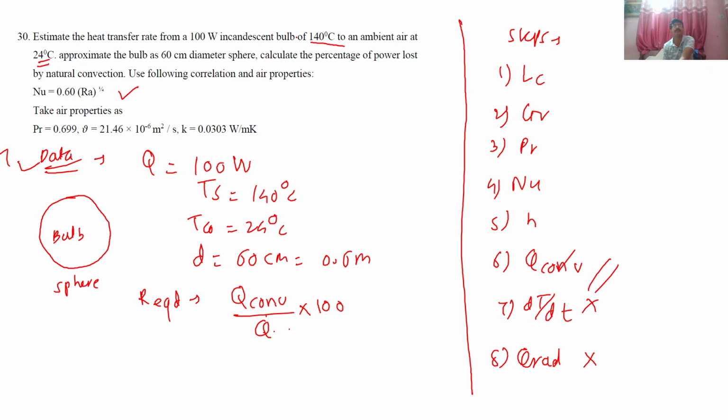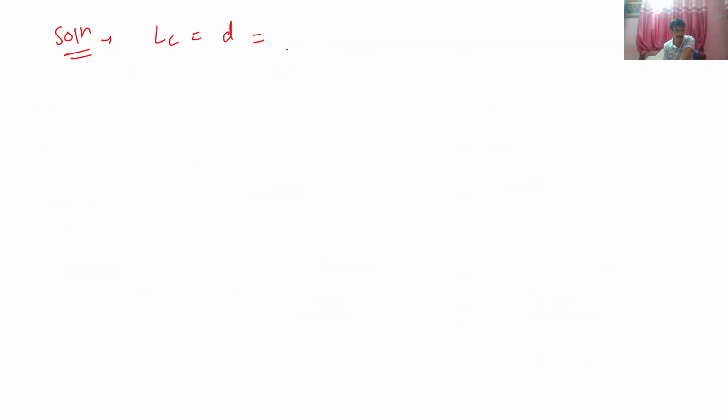सबसे पहले LC। सो LC फॉर स्फीयर, LC for sphere is coming as diameter. Recall the formula of natural convection. LC for sphere comes as diameter, and that diameter is given as 60 centimeter, means 0.6 meter. Okay, LC हो गया। उसके बाद Gr, Gr is beta g delta T